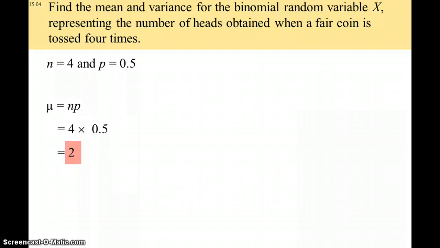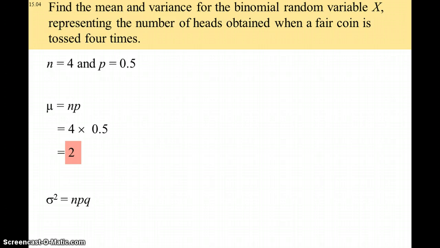So the center point of this distribution, and I can show you in a minute on the graph, is 2, and the standard deviation is just the square root of the variance. I gave you this formula last week, but this word variance, don't get too scared off by it, it just means the standard deviation squared. So the question asks for the variance. We're going to calculate the variance using this formula here. If I wanted the standard deviation, I would just square root